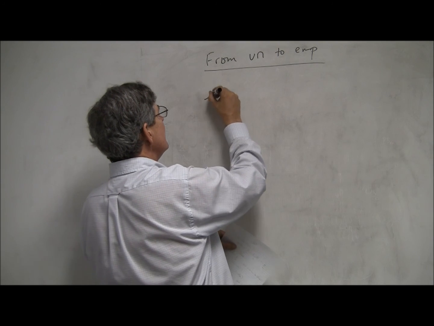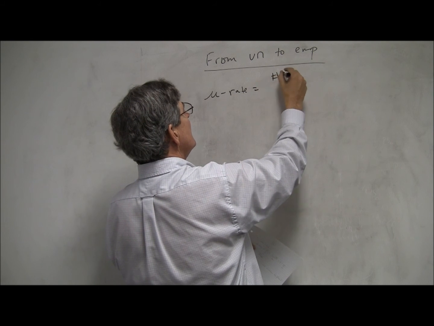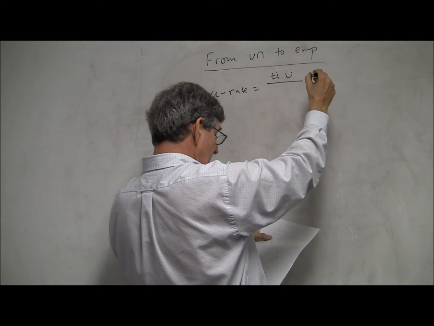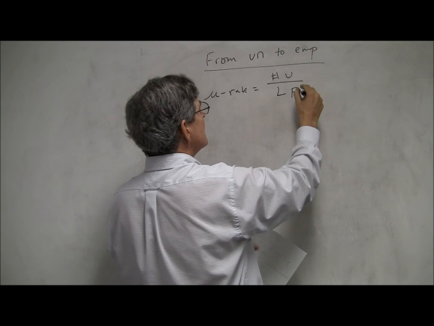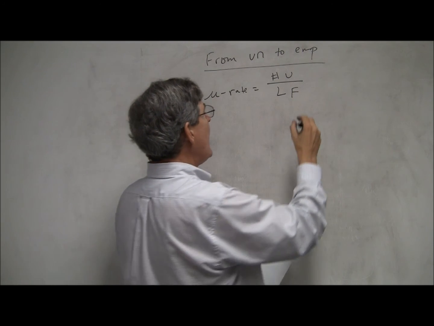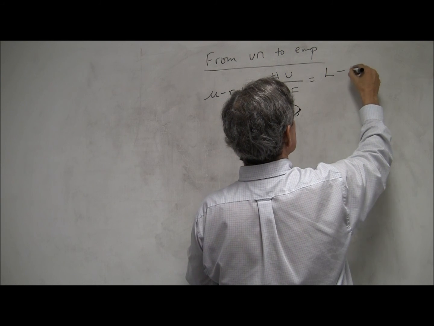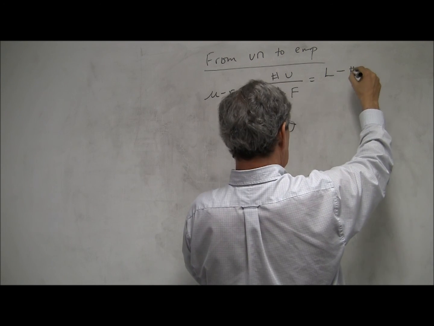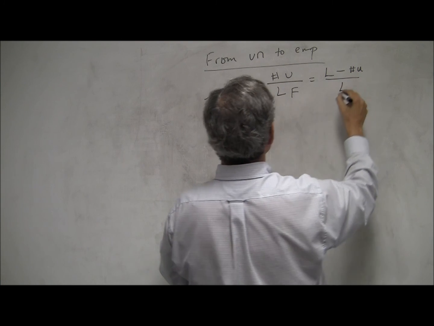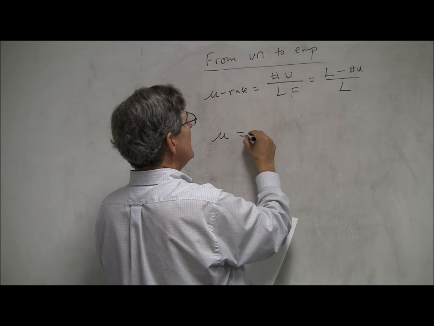Remember that the unemployment rate is the number of unemployed over the labor force. That's equal to the labor force minus the number of unemployed over L. So the unemployment rate is equal to